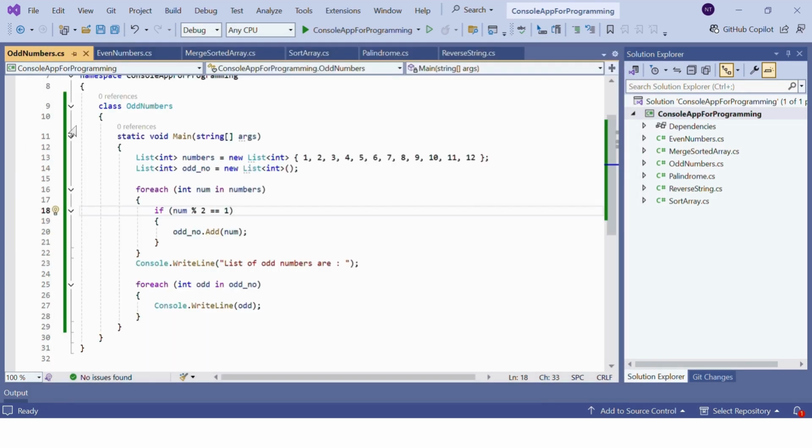So this is how it works, and for more details you can also go through the even number program. That was my previous video,